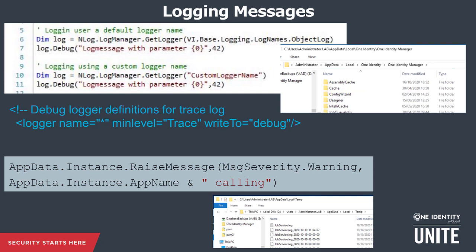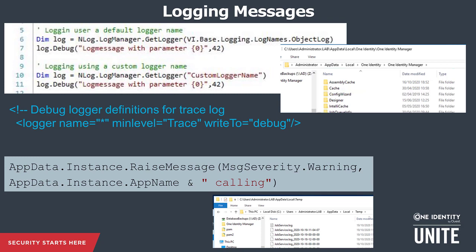That code can be called from any of your scripts, from any of your process chains, from any of your templates. It can be called also from any PowerShell that you may be integrating into a PowerShell connector. That's fantastic, because you then see the full flow of Identity Manager and then moving into your PowerShell and moving out. And that's very, very powerful for optimizing the interaction there at the connector level.